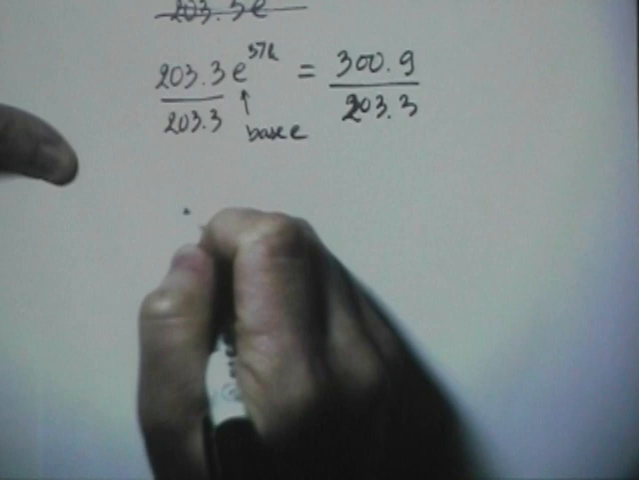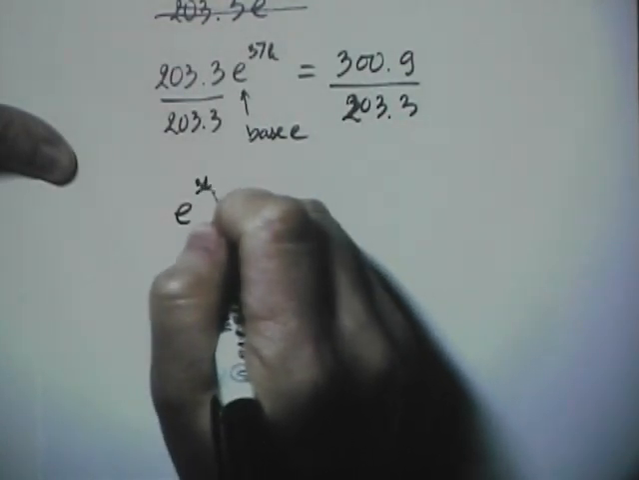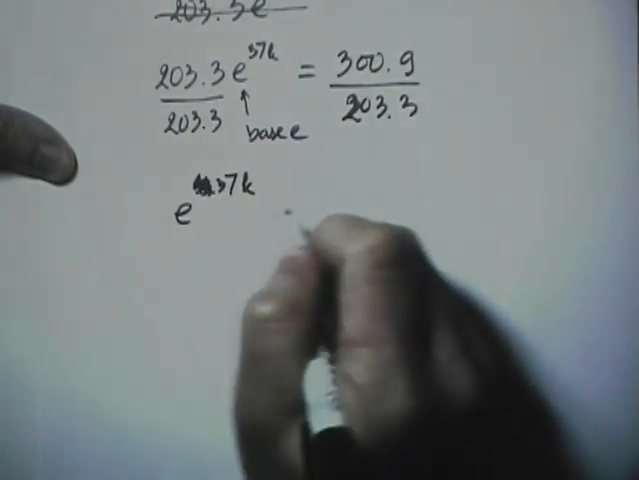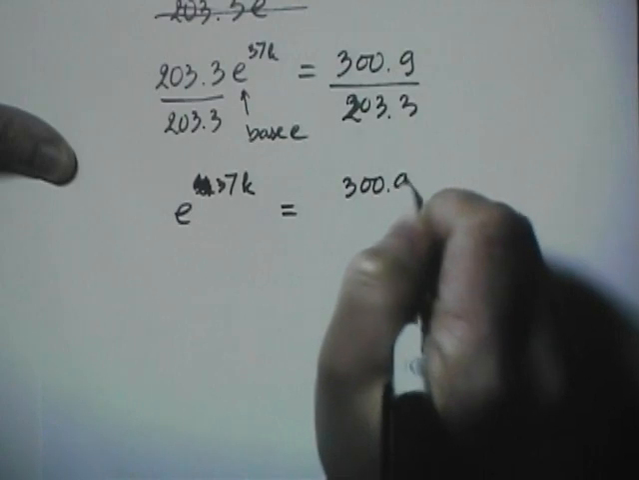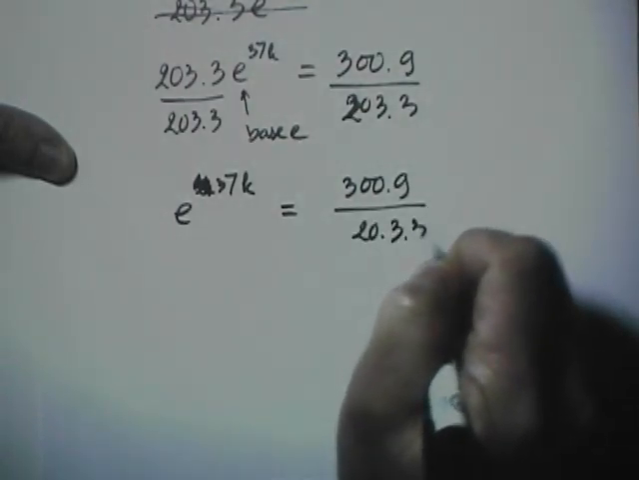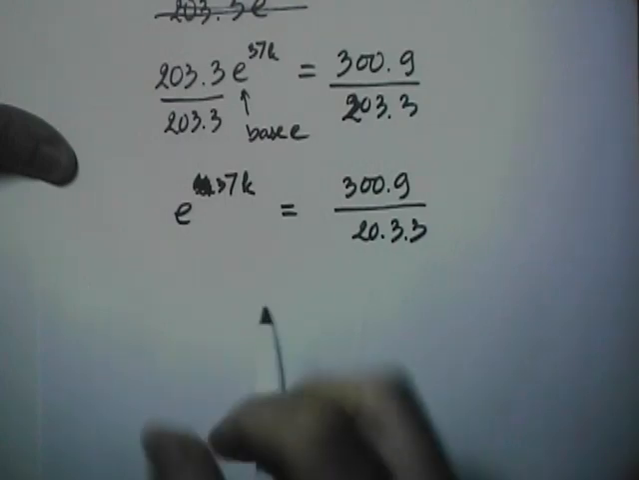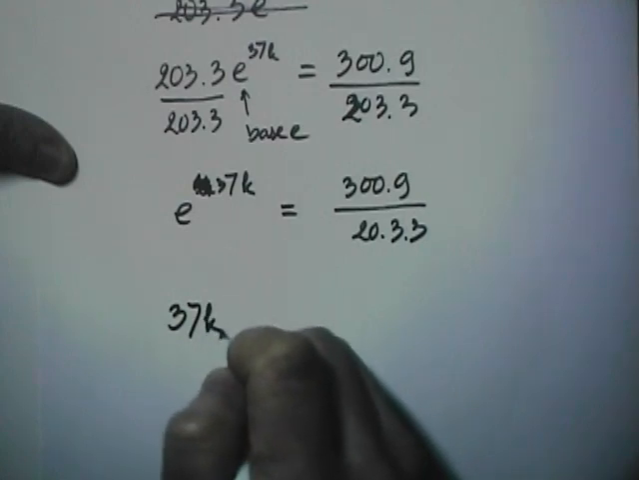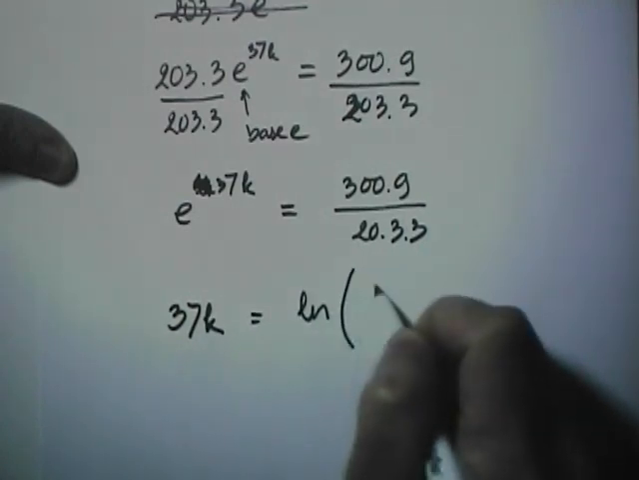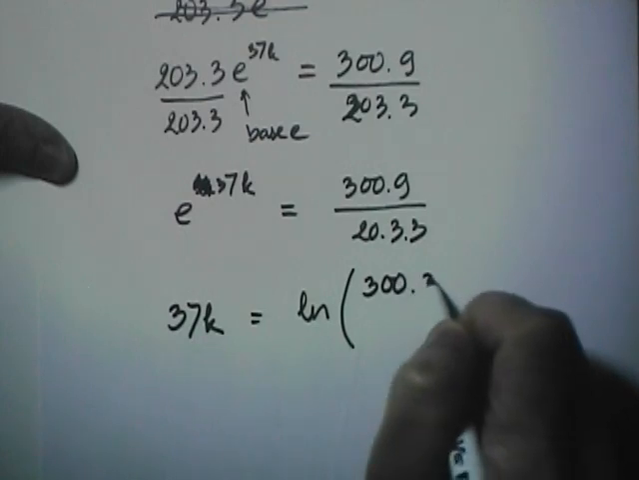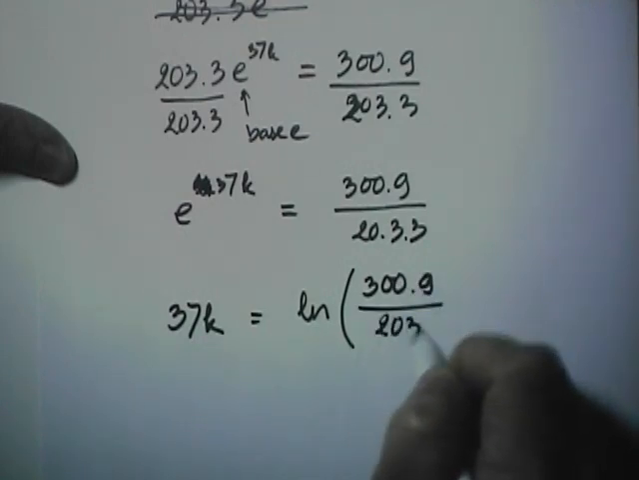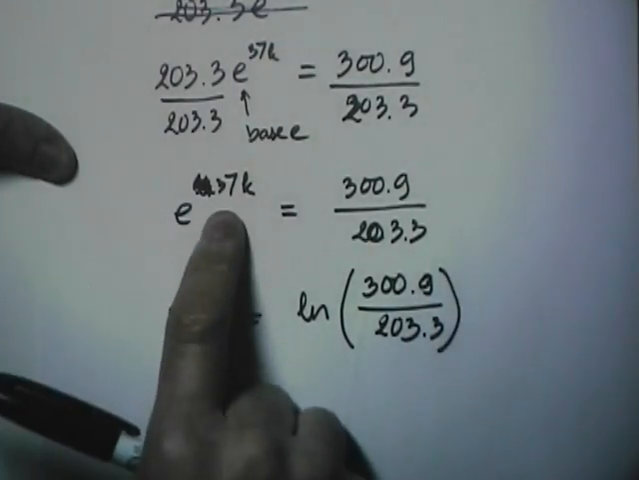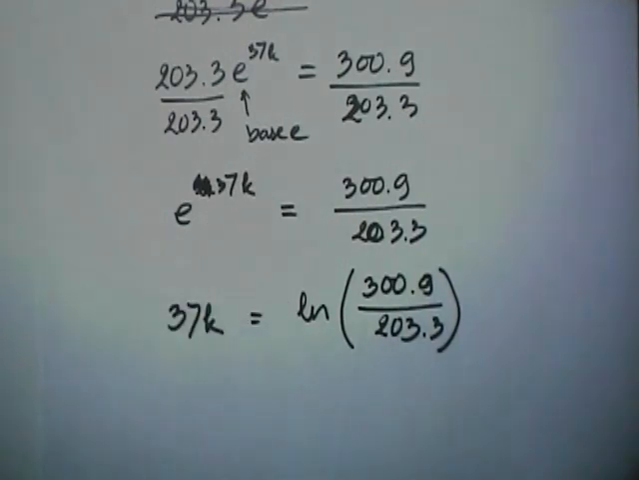203.3. And so I'm going to end up with e to the 37k equals 300.9 over 203.3. Okay? Then to solve for k, remember, 37k equals the natural log of the right side, 300.9 divided by 203.3. Remember, this is the trick we went over in class of how to solve an exponential